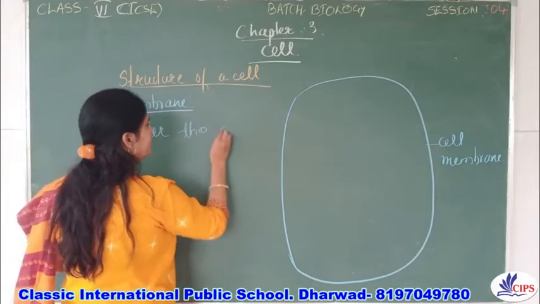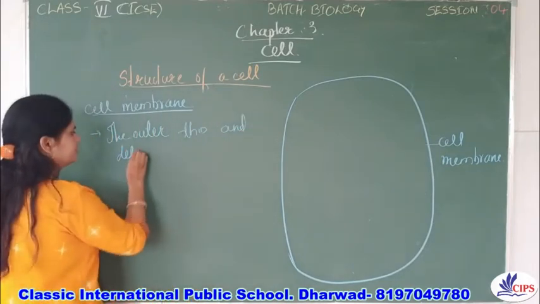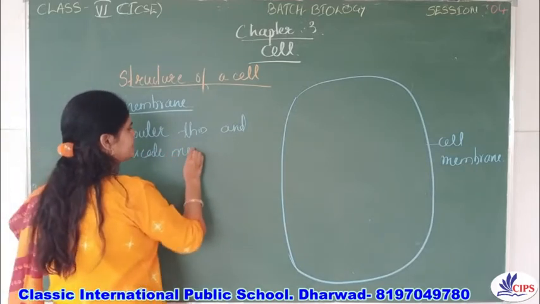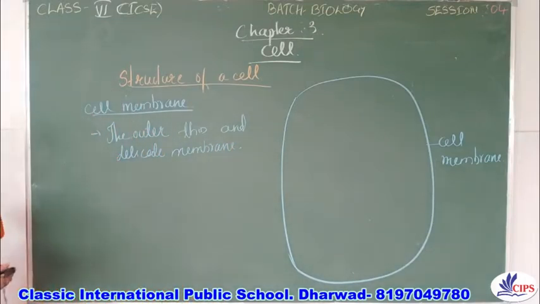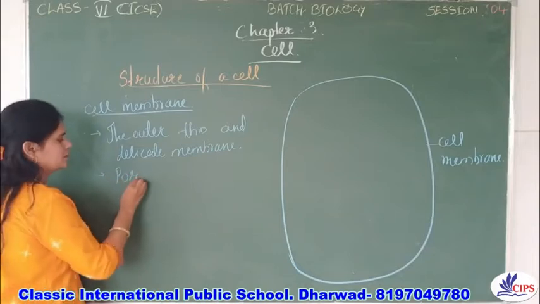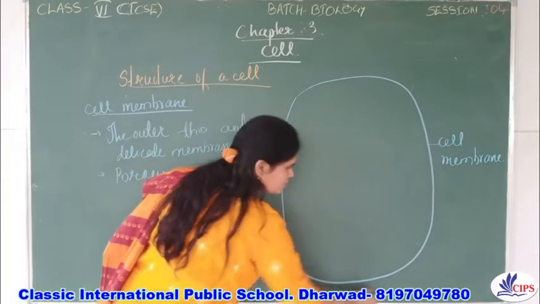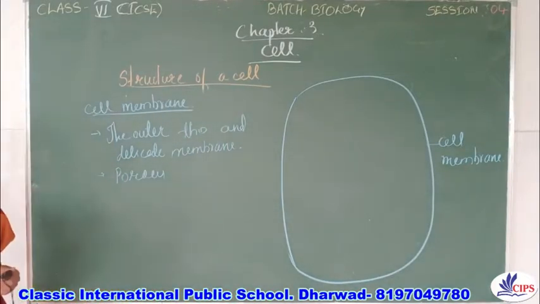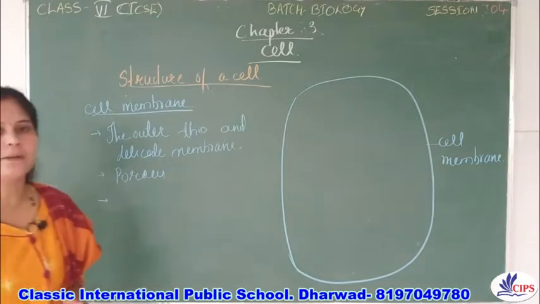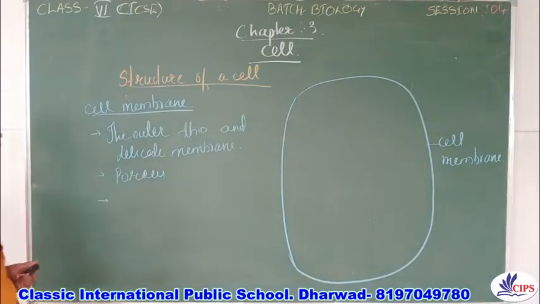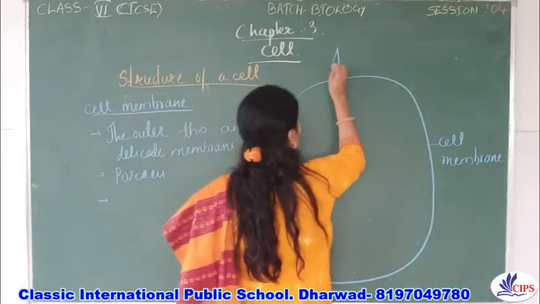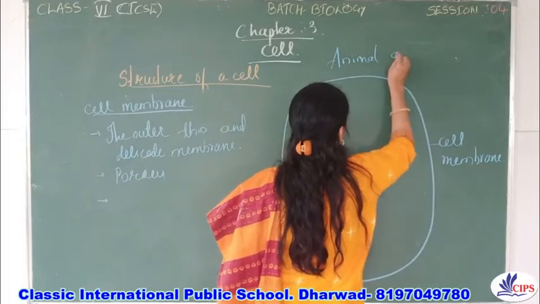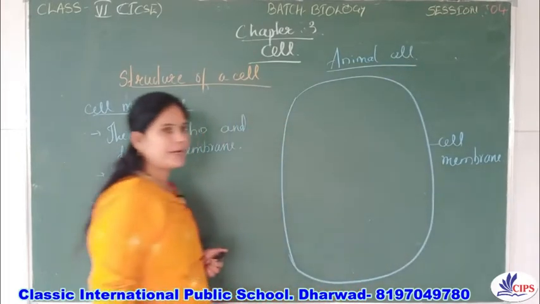the outer thin and delicate membrane is called the cell membrane, right? And this membrane is porous. It means that it has pores on the membrane, right? And this membrane is a semi-permeable membrane, right? So the outer covering of the animal cell is called the cell membrane, and this